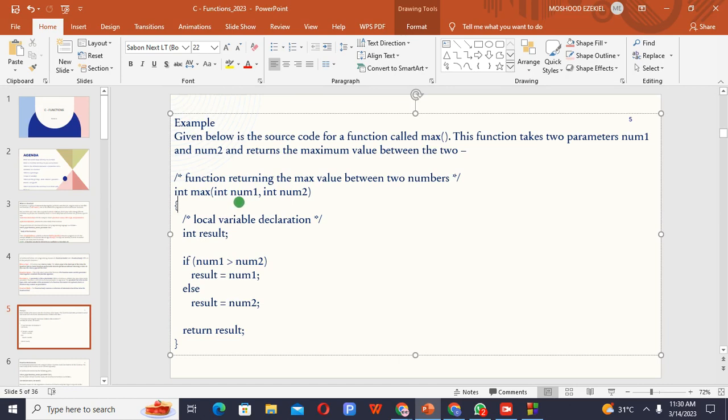We want to get the maximum number. Therefore, we know we need to declare, what is it called, we need to compare between those two numbers. Since it is two numbers, we pass two parameters, int num1 and int num2, whose data type is an int, because what we want to get